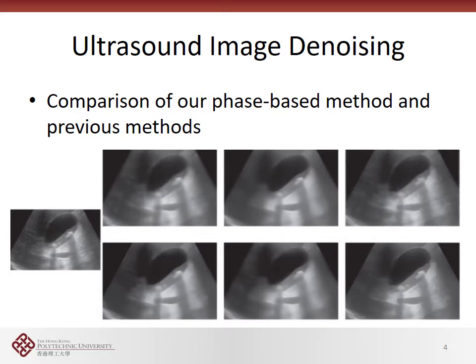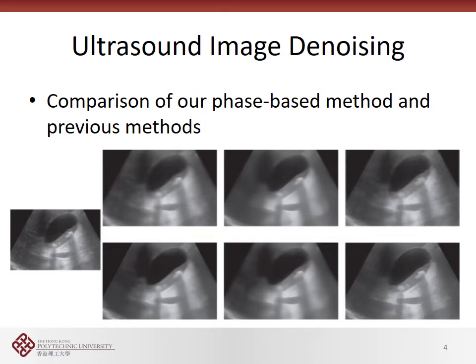You can see our method can better preserve some detailed features than previous methods. You may say that the difference is not obvious, but if you take a close look at these results, you can see that our method can better preserve some details or anatomical features than